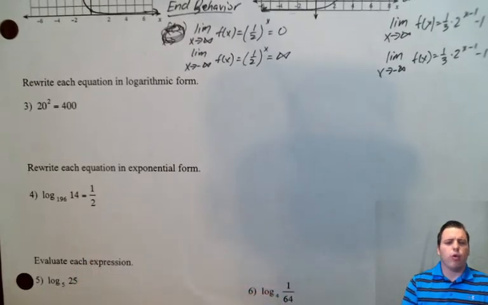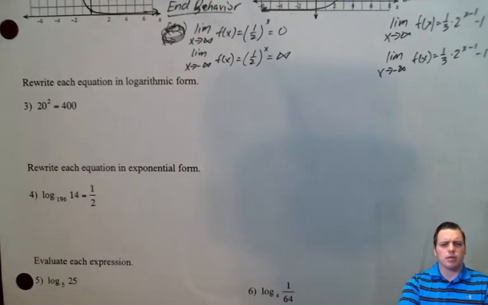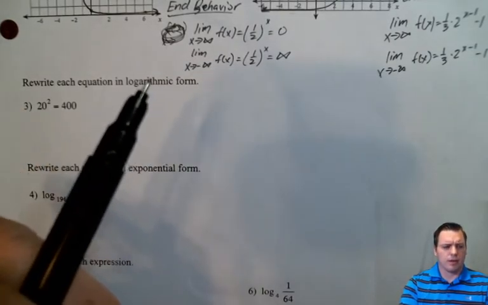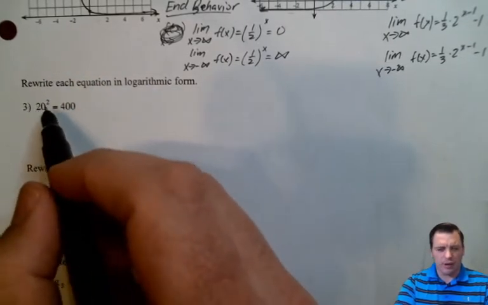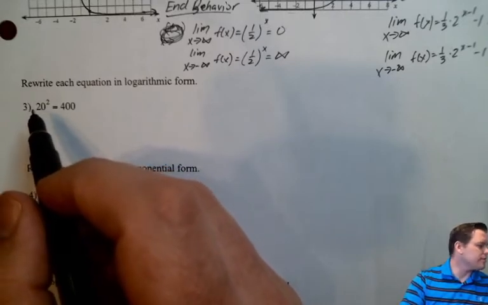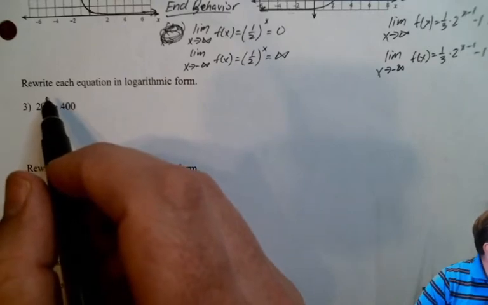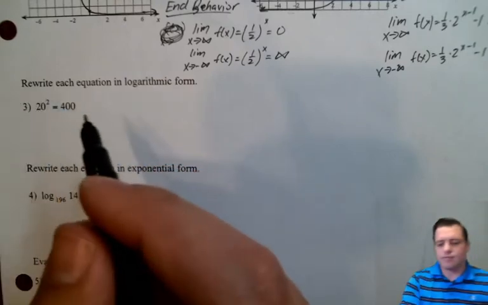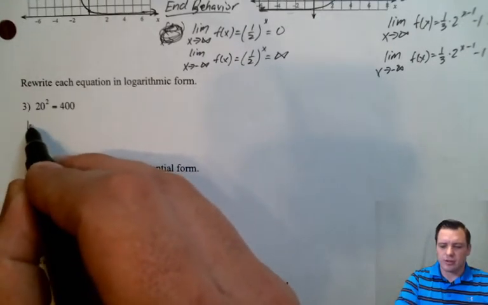Rewrite each equation in logarithmic form. Okay, so we want to take it from exponential form to logarithmic. So again, you got to know how to go from exponential to log. I don't see my notes out here anywhere. I must have destroyed them. Okay. But here's what you should know. This just simply goes to log